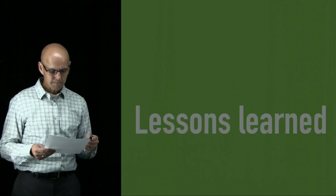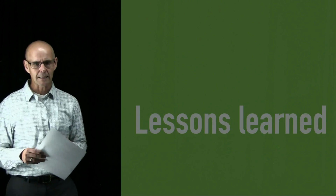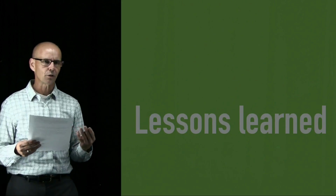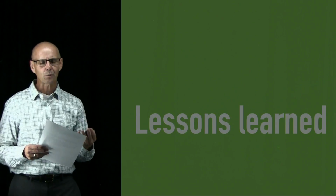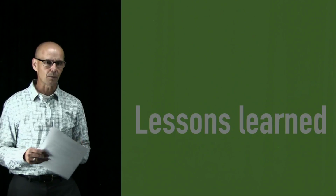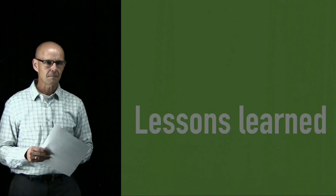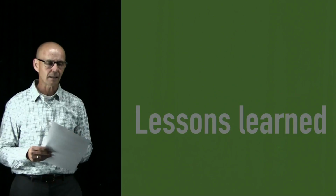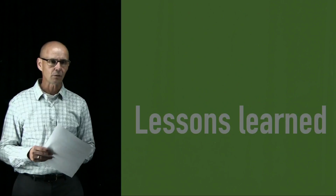I do think that it was valuable to use this process of design thinking, even though it did create, I wouldn't say backlash, but it certainly created a fair amount of resistance. But that's what this process is about: you test things, you try things, you learn from them, and you iterate. All of us learned a lot from the first trial and error of this. I'll talk a little more next week about a second iteration of the design thinking process,